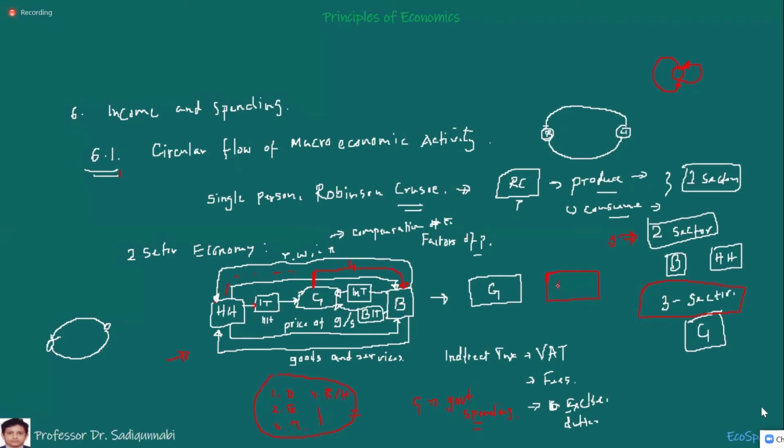The fourth sector is the external sector. And what is the external sector? The external sector is related to export and import. NX is equal to exports minus imports. Okay. So our 4th sector is the external sector, that means open economy, not closed economy. Sectors 1, 2, and 3 are closed economy. Sector 1 is an unrealistic economy, and sector 4 is an open economy. Okay.